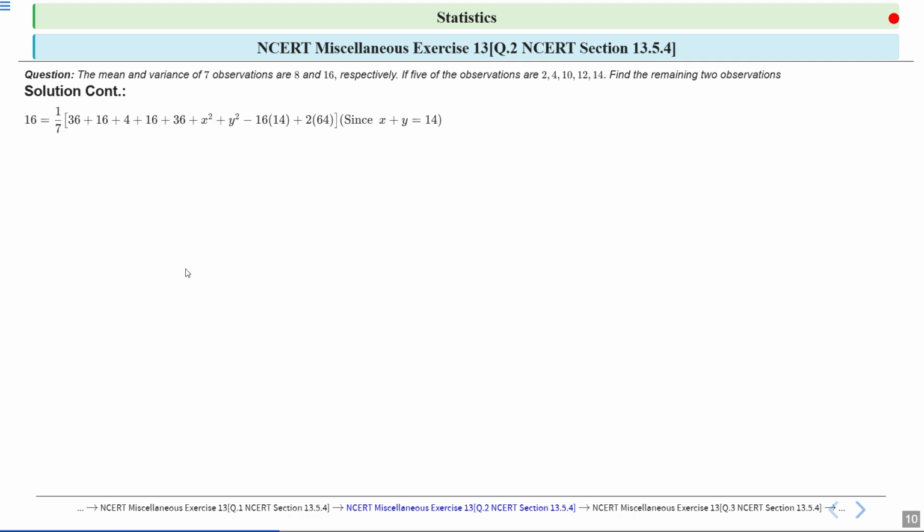Now let's substitute what we know into the variance formula. The variance is 16. So we write 16 equal to 1 divided by 7 times [36 plus 16 plus 4 plus 16 plus 36 plus x square plus y square minus 16 times 14 plus 2 times 64]. And since x plus y is 14 here,